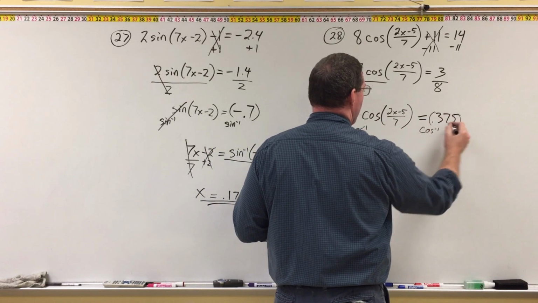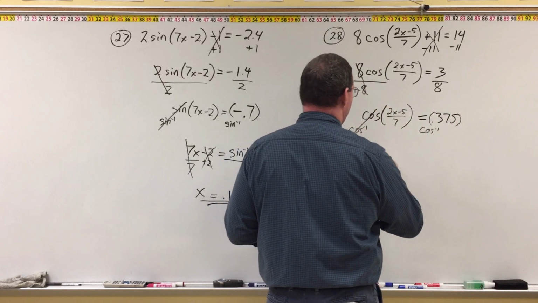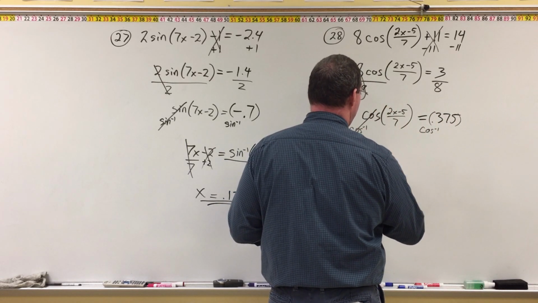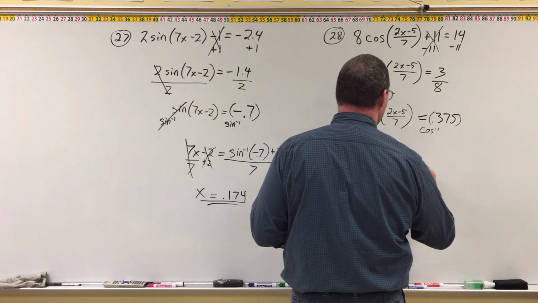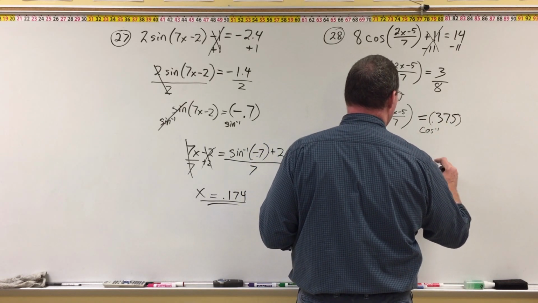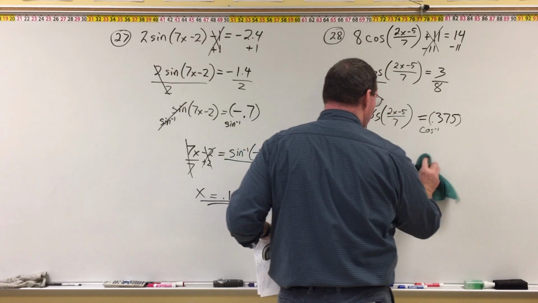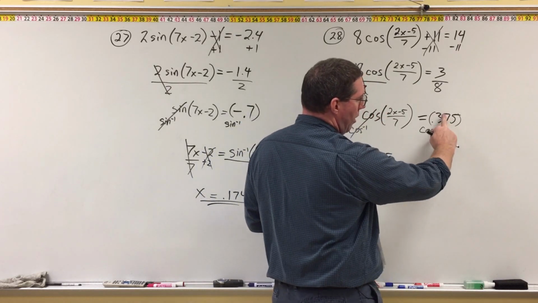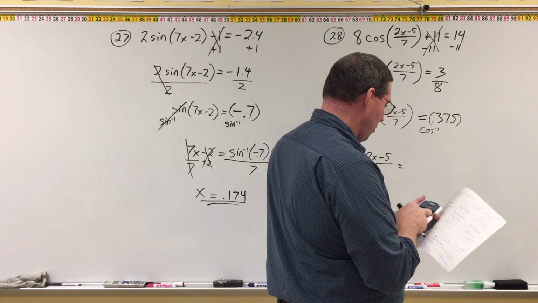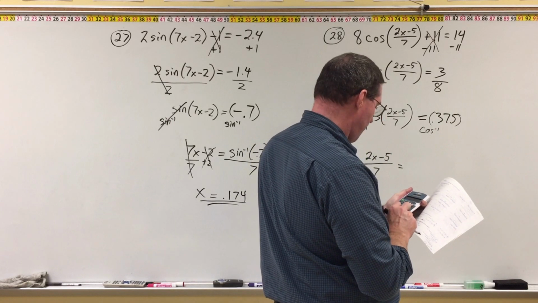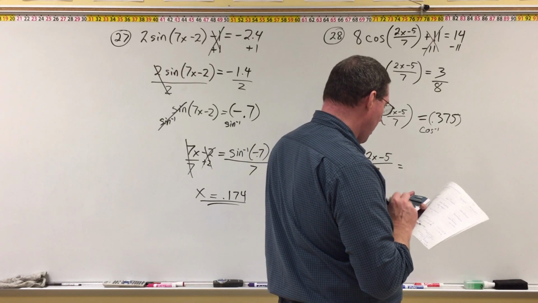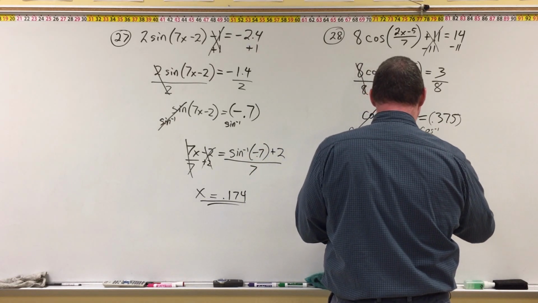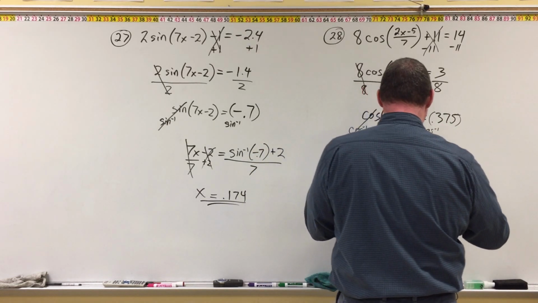Cosine inverse is going to cancel cosine, and now I have 2x minus 5 over 7 is equal to cosine inverse. Actually, here's what I'm going to do. For this one, it's just going to be a lot easier because there's a lot of stuff to mess with over here. I'm going to go ahead and get a number here. So I'm going to do cosine inverse of 0.375, and that gives me 1.186399,